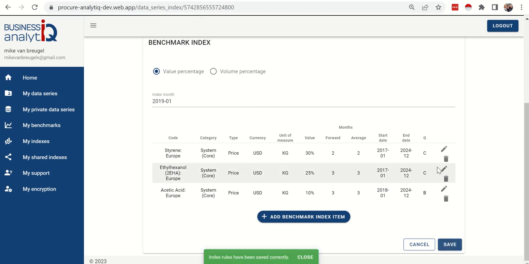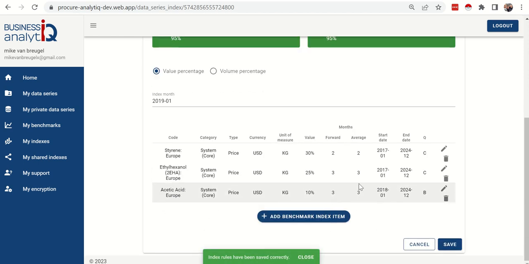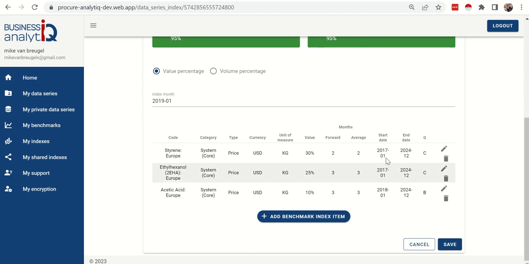So in doing that, we have set up the first draft of the cost driver benchmark we're going to use. Now, in setting up a cost driver benchmark, it's effectively a fine-tuning process. You're better off starting relatively simple and get more sophisticated as you go. For example, if you happen to know a large part of the cost base here is electricity, you could add electricity into it. But you're better off starting maybe just with styrene, keeping it relatively simple and seeing what kind